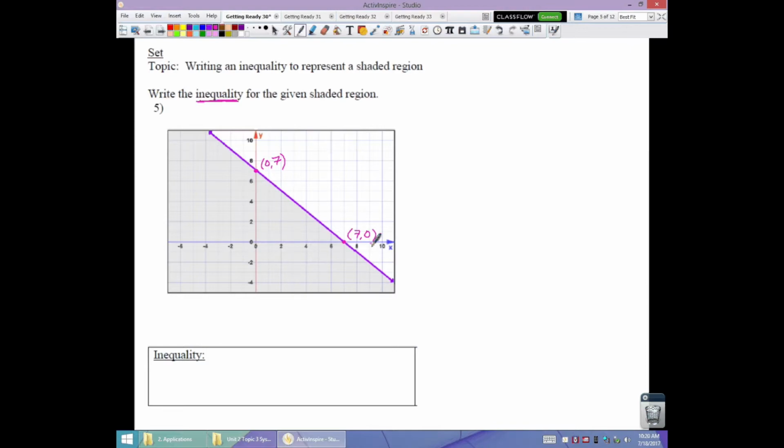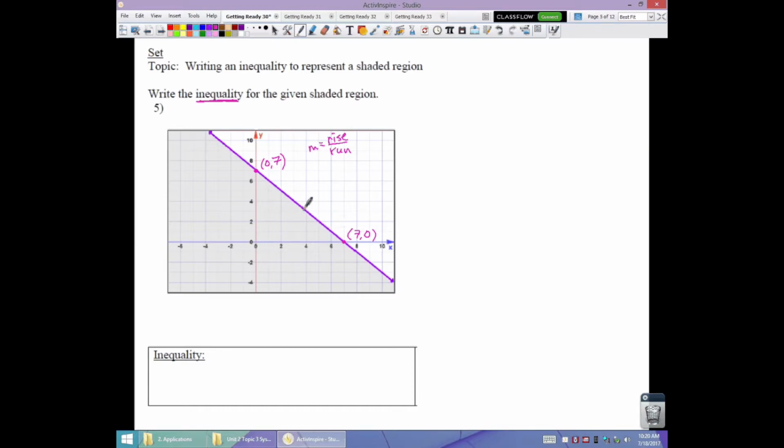So to determine the slope of that line from the 2 points, I can either count rise over run, which is probably the easiest method, or I can use the formula y2 minus y1 over x2 minus x1. I'm going to do it both ways just to refresh your memory. So if I'm going to count rise over run,